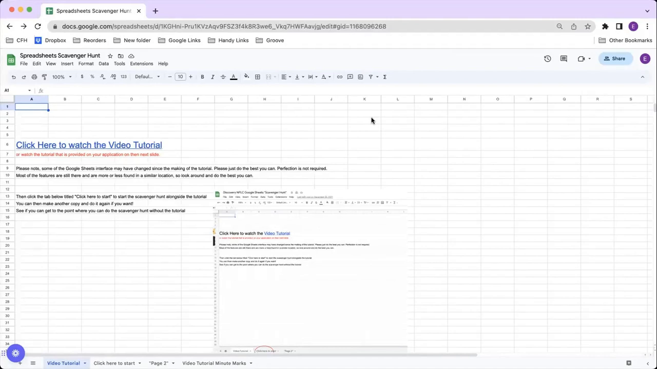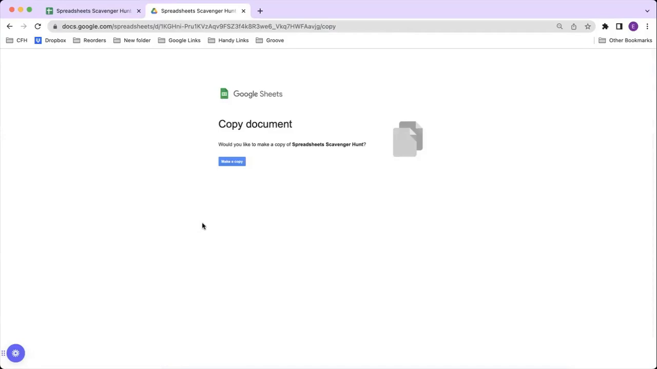Now, this tutorial does not teach you how to build a spreadsheet. It just teaches you how to navigate a spreadsheet. There will be a separate tutorial to teach you how to access and edit your spreadsheets from your phone using the Google Sheets app. Now, in combination with this video tutorial link, you probably received a link that looks like this,